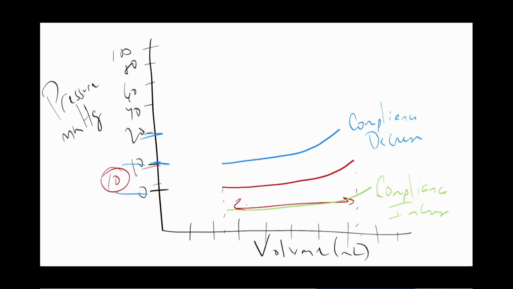So if you decrease compliance, now we start at whatever number this is. I'm just using hypothetical numbers here. These are not real. We'll fill them in later. We're higher on that line versus the red, which is the normal. We're lower on that line. Don't put the numbers, that could probably confuse you more. As compliance decreases, for the same amount of volume, you're at a higher pressure. As compliance improves, same amount of volume of blood, but the pressures are lower. So if I say your compliance improves, you're able to hold the same amount of blood at a lower pressure on the heart.